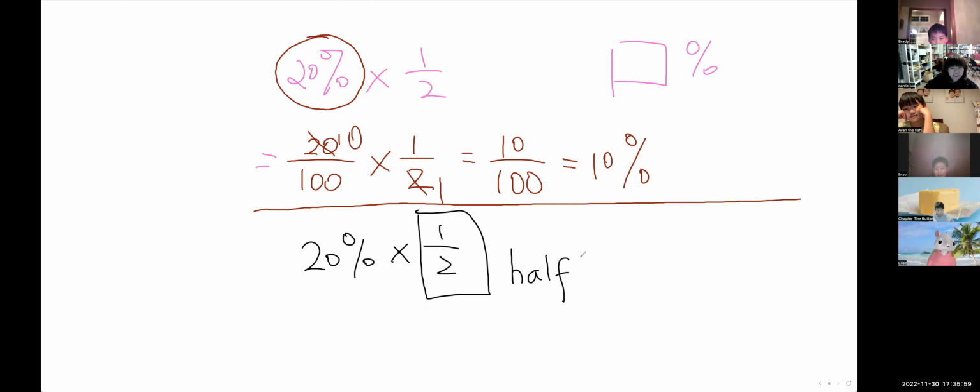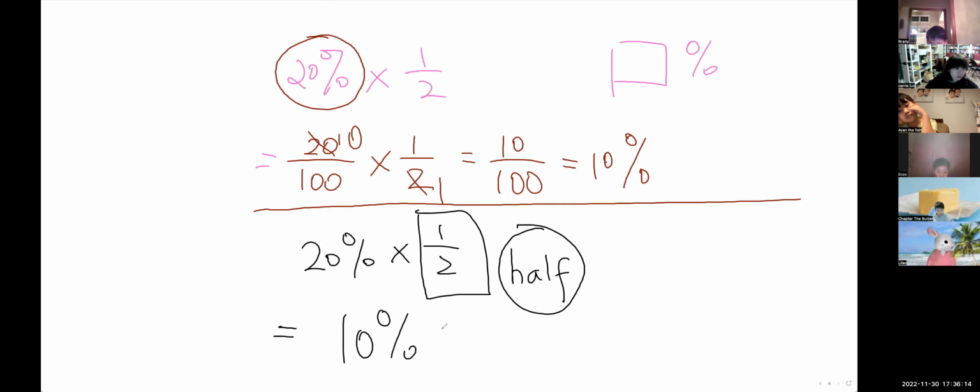Good job. Half, 好了。20% times half 就是 20% 的一半。20% 的一半是什么？10. 10%，要不要做了？